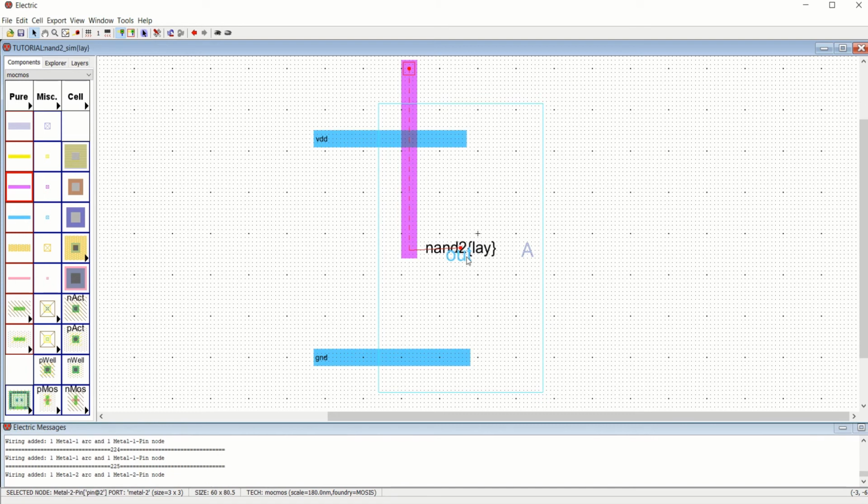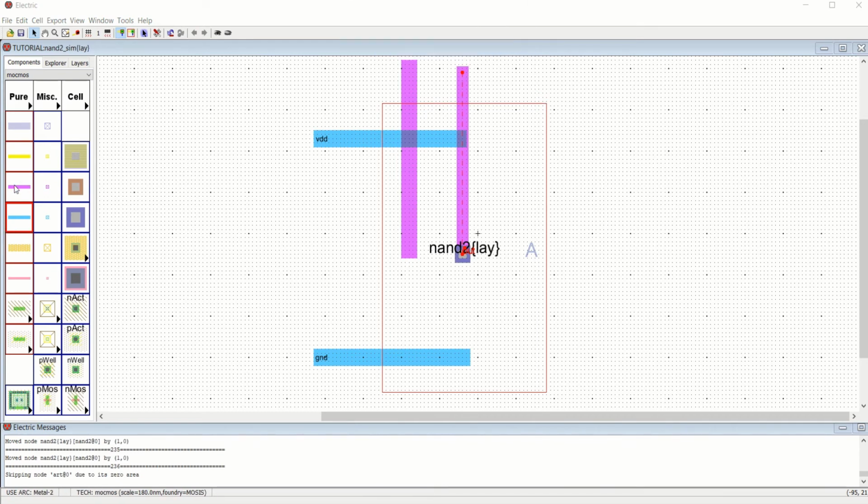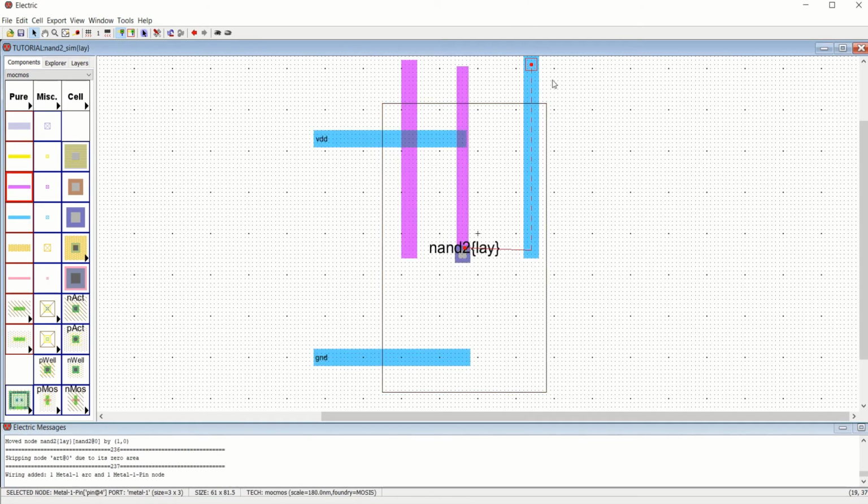How to do that is just close this and use metal 2 for this. Just extend it. Sorry, Control Z. Similarly you can do it for the next A input as well. Sorry, select the metal 2 here first.